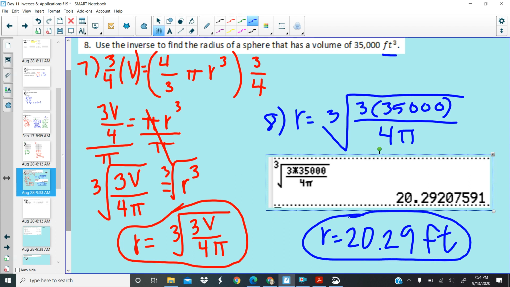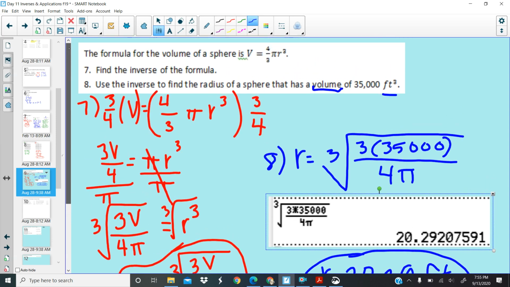Most of the word problems are not going to be this in-depth and this detailed, but in case you ever see any that are, this is how you're going to solve them. You don't switch the letters like you normally would. You would just go ahead and solve for r outright. And then if it tells you it has a volume of 35,000 feet, then you're going to plug it into the inverse equation. Or if for some reason it asks you to find the volume of one that had a radius of something different,